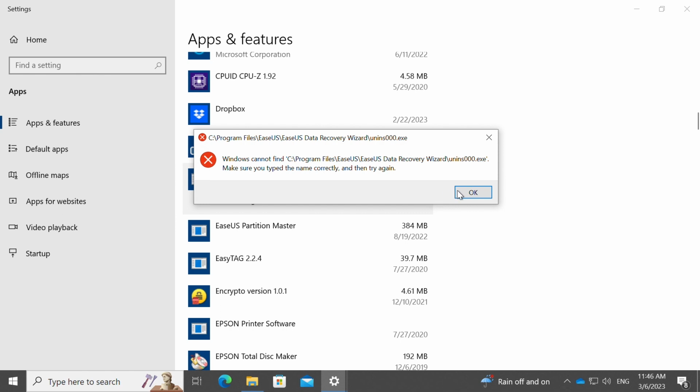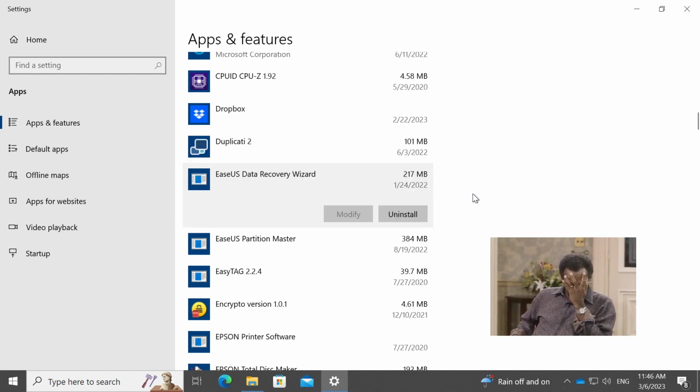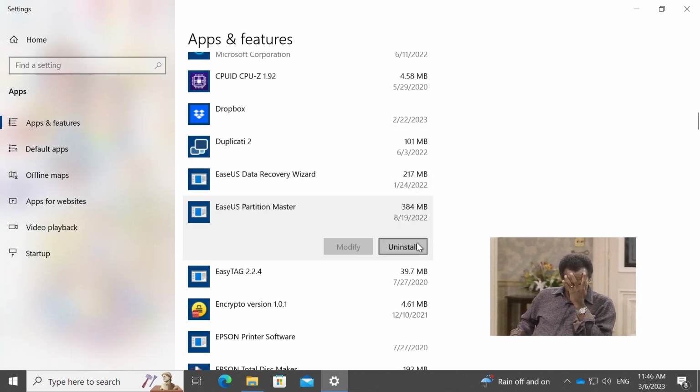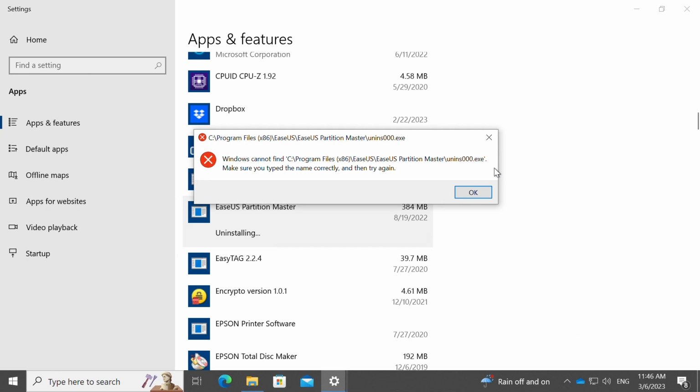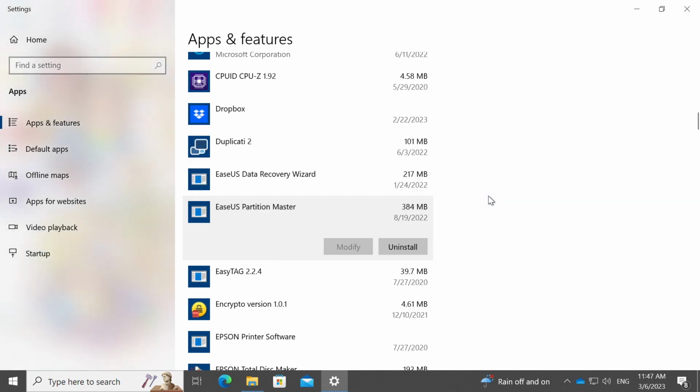The way that I originally did it, which was a mistake, which is something I should have never done, is that I deleted the folder from the program files directory, and that is not a wise thing to do. I don't know what was going on in my mind at the time. Maybe there was an issue that I encountered and I don't know why I chose to delete it in the